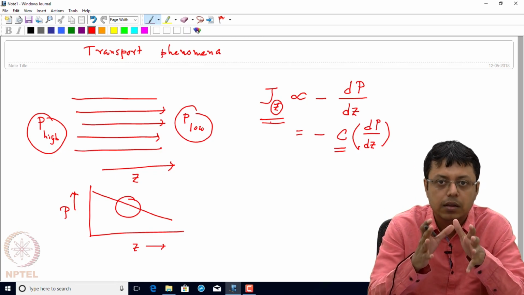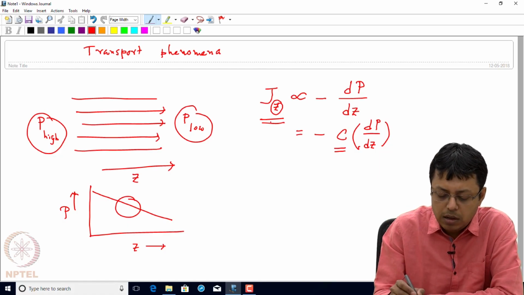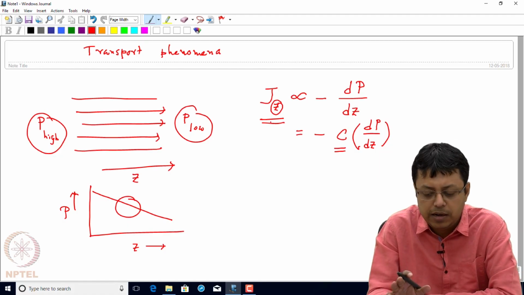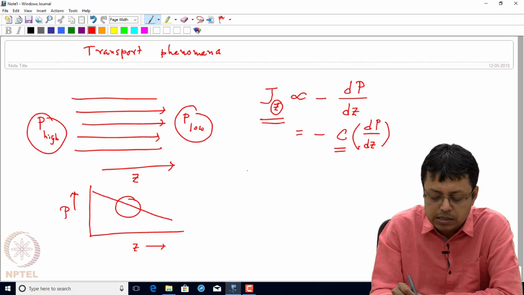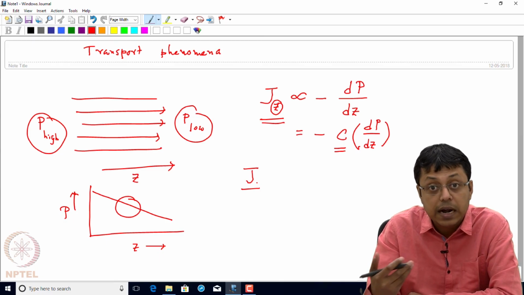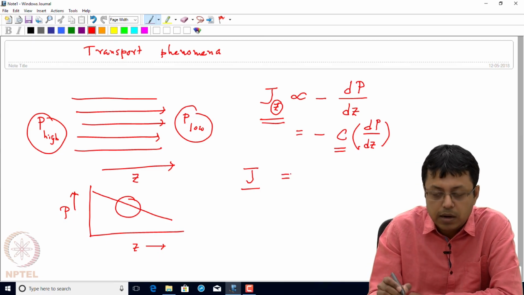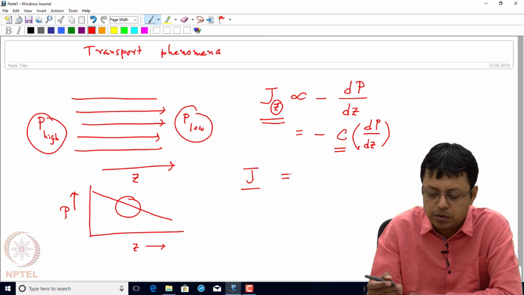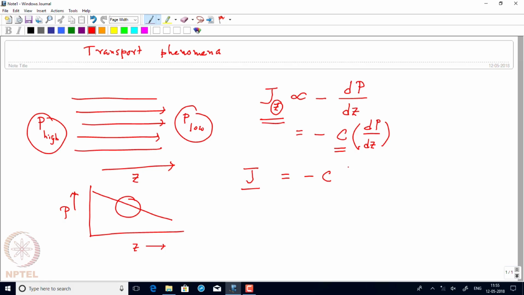So this will be our general formulation. Now, although flux, the way we have written it, is a scalar, strictly speaking it's actually a vector quantity, because it's a transport in a particular direction. If you want to write it properly in vector notation, we have to consider the gradient of pressure, where this gradient is nothing but the spatial gradient, which is itself a vector,